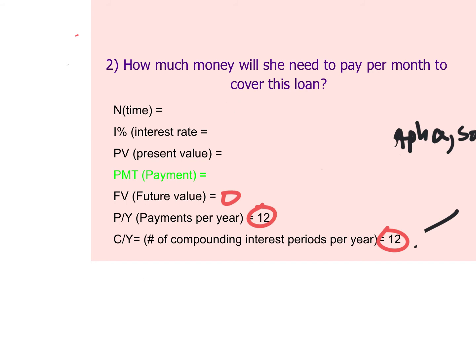All right, so here's how you could use this app to pick your own payment. Would everybody please put in 120 for time, N. Interest rate, let's say it's going to be 5%. Present value, you're going to borrow $100,000